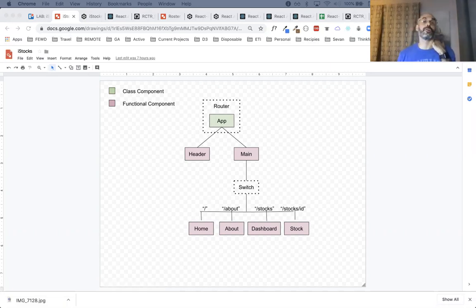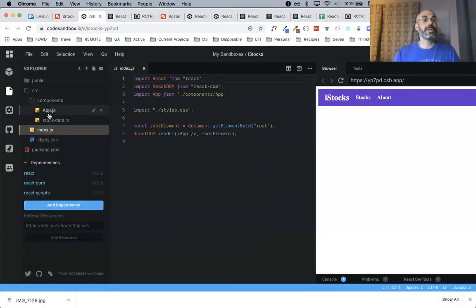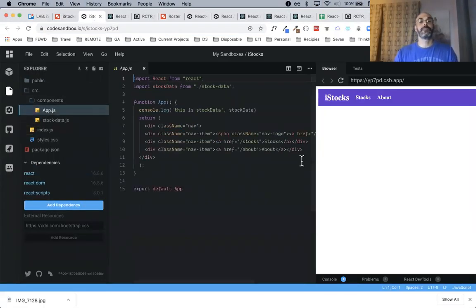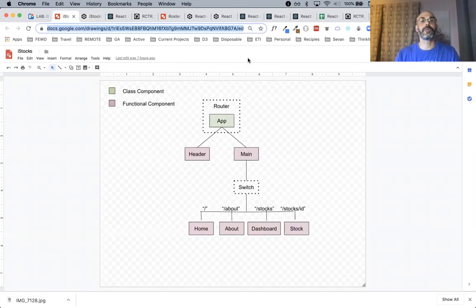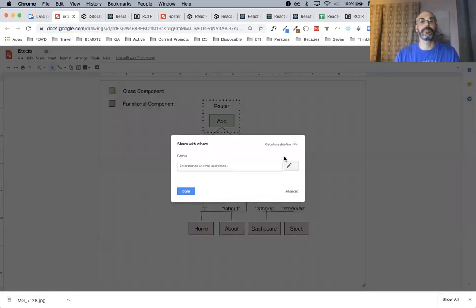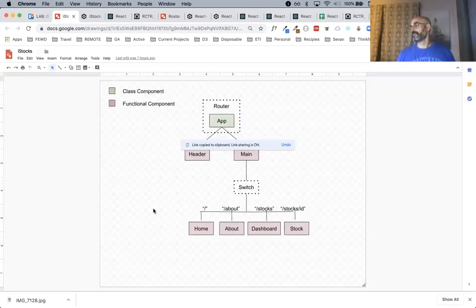So you have this. Now, you only have app, right? And app has its own nav. Oh, no permission for the Google Doc? Let me share it. Okay, sweet. I'm going to click on it again. Let me know if you can access it.